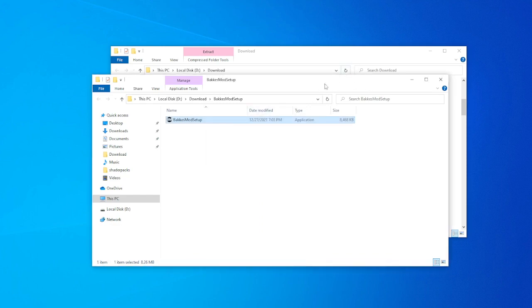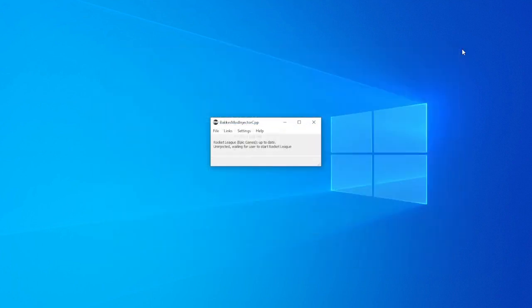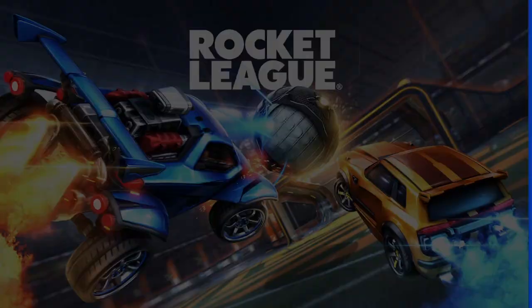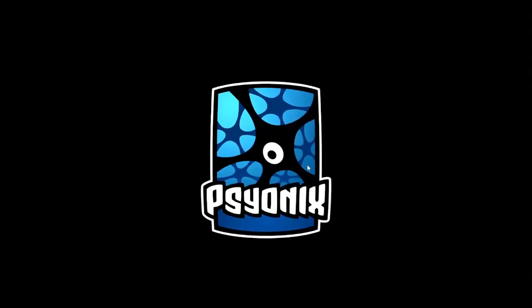As you see here, we have Bakkesmod. I can switch off all these. After installing Bakkesmod, you should launch Rocket League and not the other way around, because Bakkesmod works a lot better if it starts before Rocket League starts. So anyway, we launch Rocket League. Let me pull that in here.